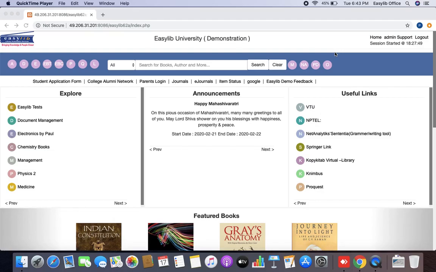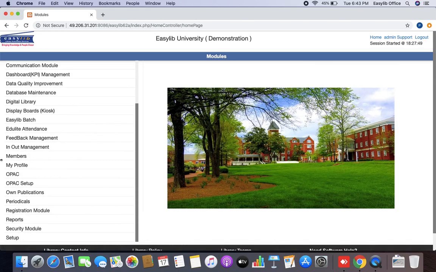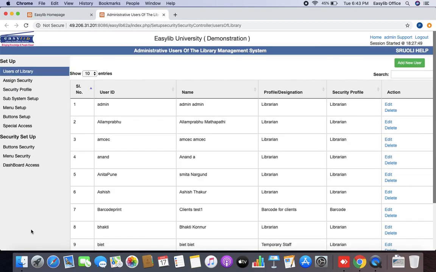Today I'm going to explain how to set up the security module for each button in the module. So first go to the home page, then click on the security module. As you can see here on the left side of the screen, you can use the libraries, assign the security,